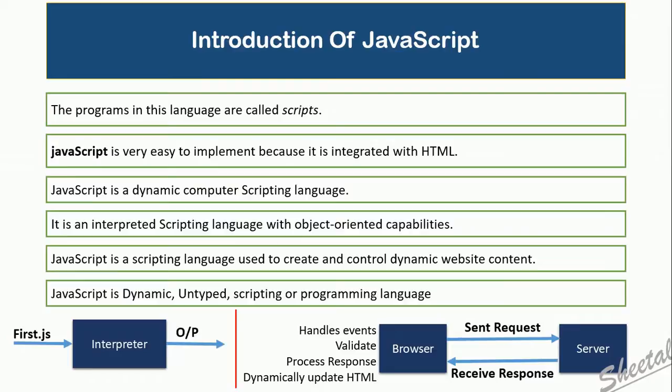Untyped is a powerful feature of JavaScript. When we use different types of data in a JavaScript program, we do not mention the types; they are determined dynamically at runtime and assumed on the basis of the data we are using. We don't need to mention which kind of data we are using. It supports both functional and object-oriented principles, and with HTML and CSS, JavaScript is used to develop interactive websites.